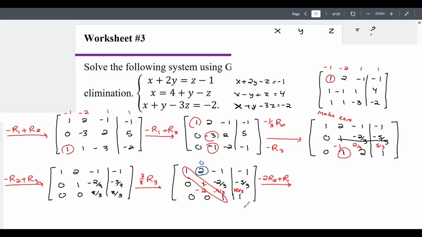Well, that is becoming nasty. You know what? How about we do this instead? Sometimes if you notice that you're going to get something really nasty, you can go back and reevaluate what we're doing. And I think it might be easier for us to make this a 0 instead. It doesn't matter as long as these all end up zeros in some way. What I could do instead,